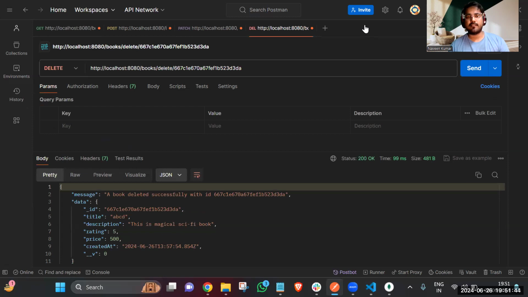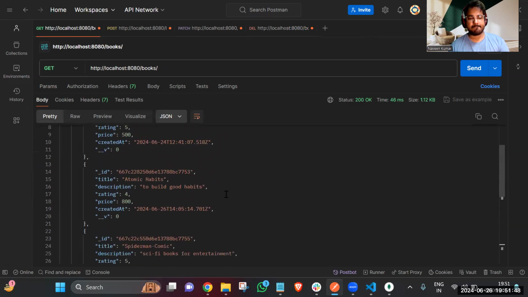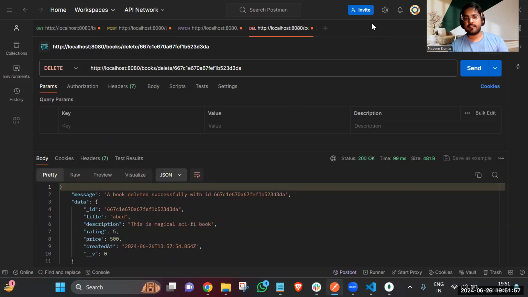Similarly, if you want to delete a book, let's say I don't want this Spider-Man comic, I need to copy its ID, and after this, I'll go to the